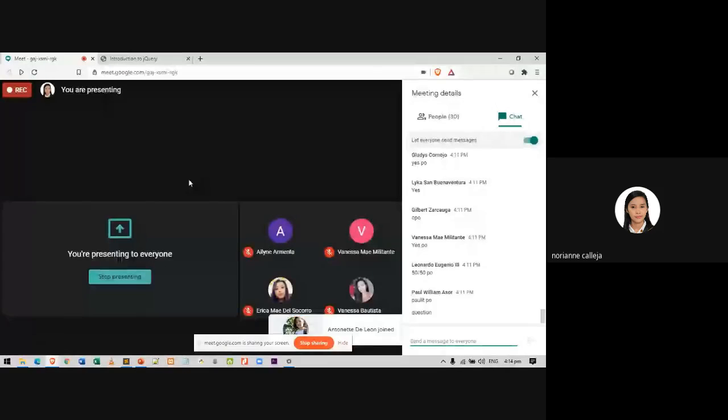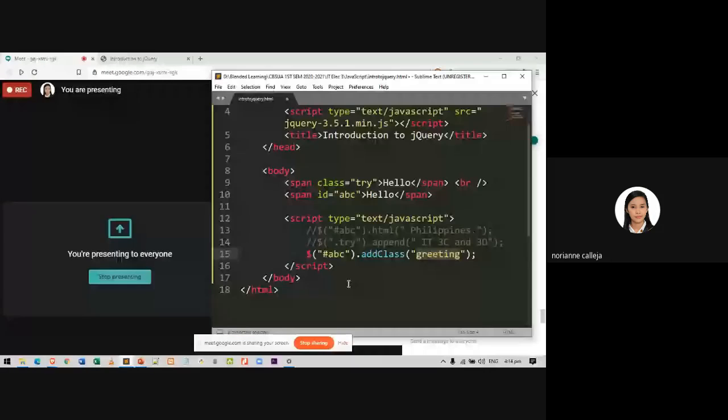Okay, so let me just continue this demonstration. Using this line of code, you are adding a class to this element. The class name to be added will be this value, greeting.